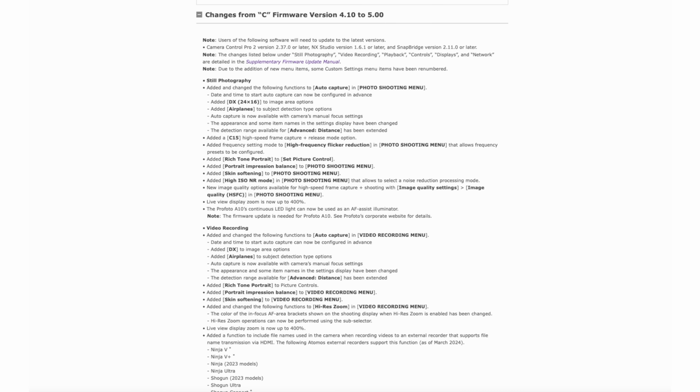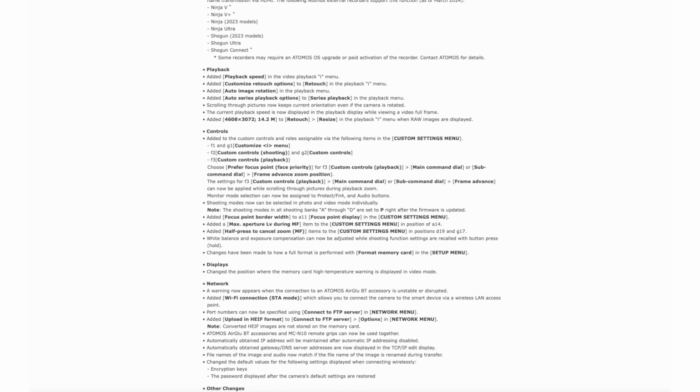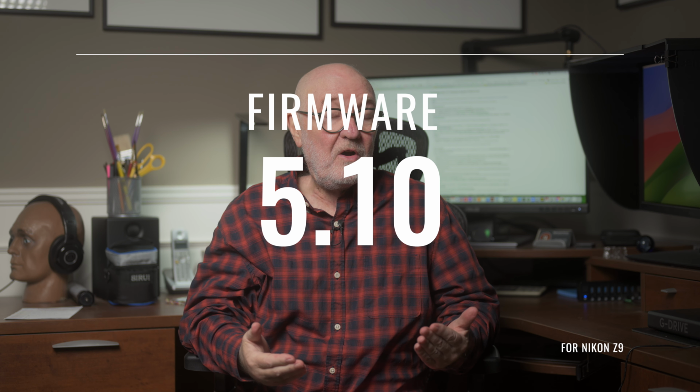I mean, we had auto capture that was added, DX 24x16 to the image area options, so much more, and pretty much the same thing in video recording, including the auto capture, rich tone portrait, skin softening, just an incredible amount of new features. So here we have it, Firmware